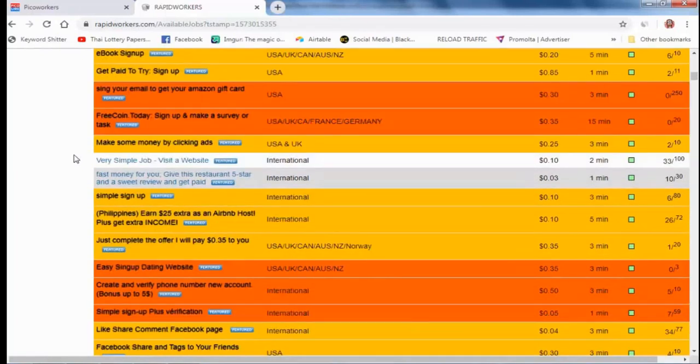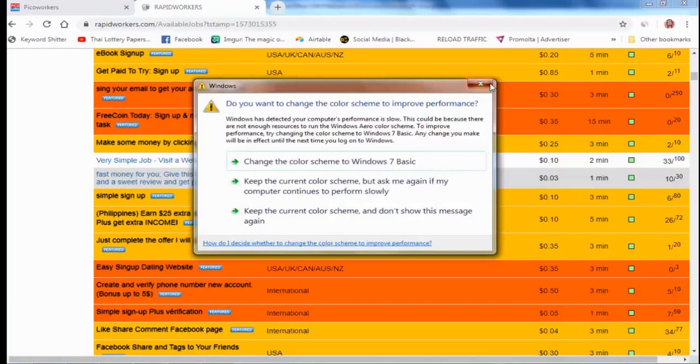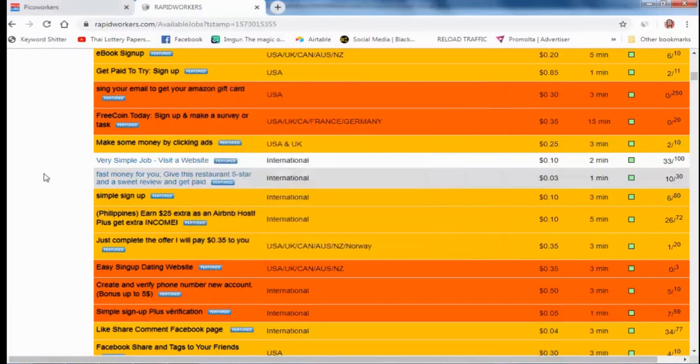Before starting the course, I want to tell you: if any keyword from your website ranks on Google, then you can send traffic from the Google search engine. If you send traffic from social media or other places, the clicks are not accepted or may be deducted from the Google AdSense account.